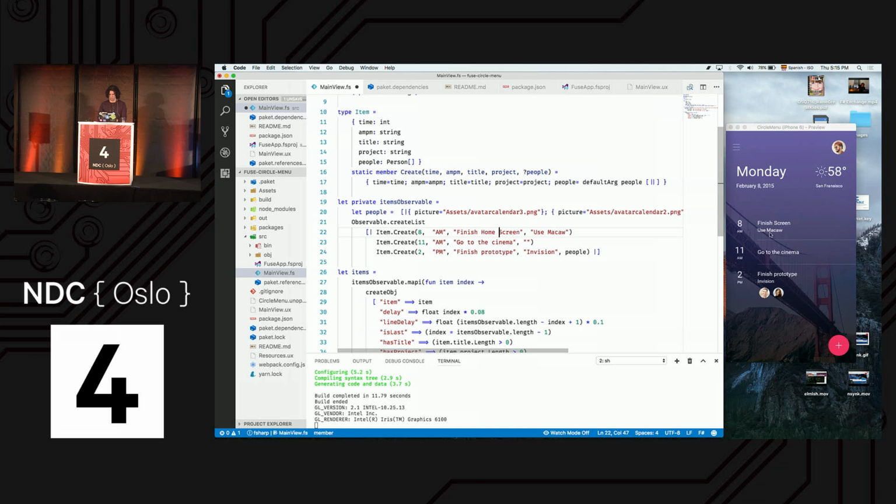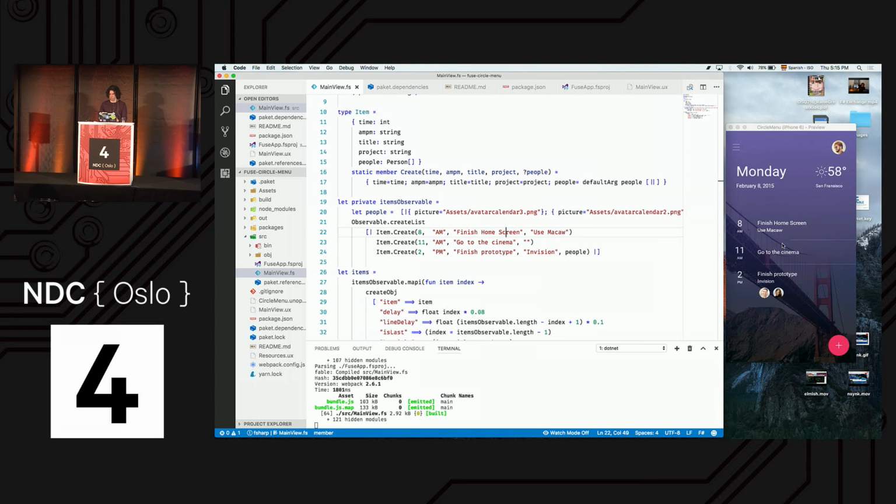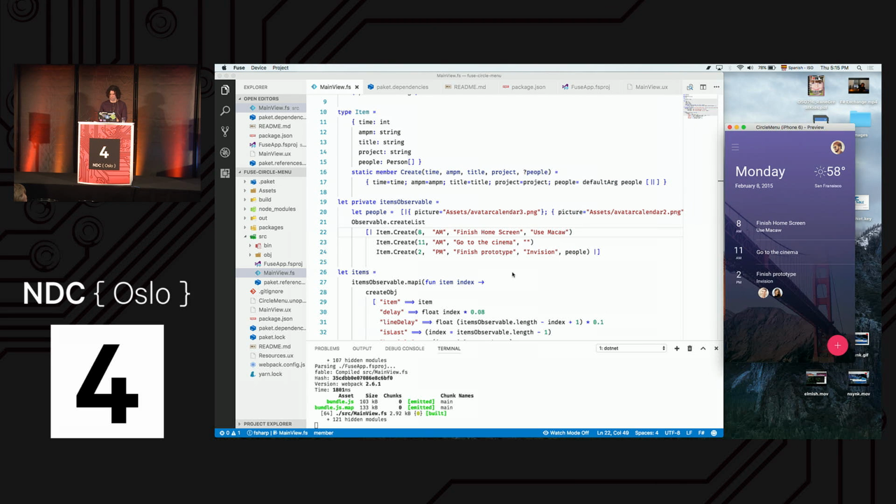If you have a look here, we have finished the home screen. Then we can focus again on this. We are also using Webpack here, so we can save. This is already happening, and you can see how fast it is that it's already updated. And this is an iPhone emulator. It means that you can do Android and iOS applications also very easily